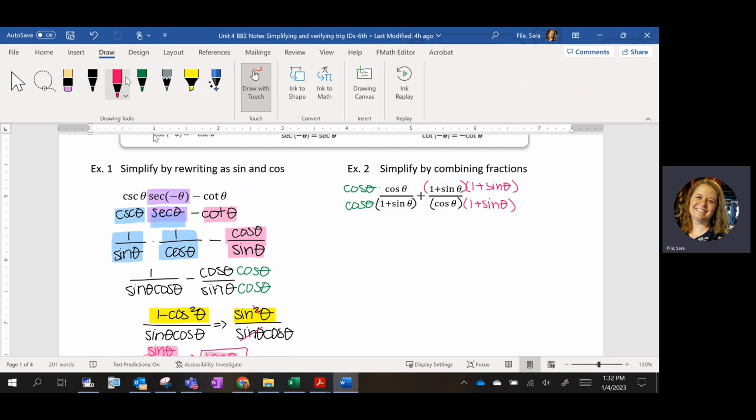All right, so this is just algebra. I haven't done any trig yet. This is getting a common denominator. So this numerator over here will become cosine squared plus, and then over here, if I FOIL this out, first, outer, inner, last,